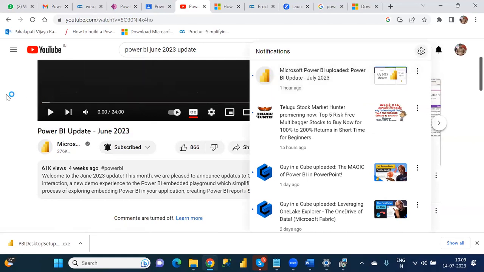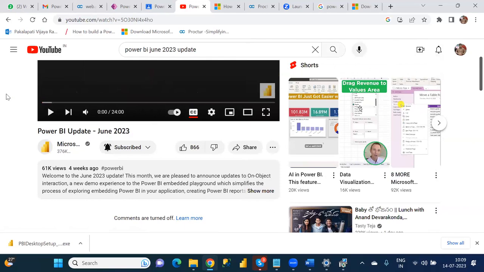Like this, we have to know. First, you need to subscribe to it. Immediately, you will get a notification. Whenever the notification comes in the pop-up of your mobile, it will show, right? So immediately you have to download it and install it. Always don't forget it. Always you have to use the latest version of the Power BI desktop. Very, very useful,